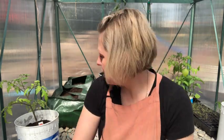I'm trying grow bags. I've seen these at nurseries, I've seen them online. I've never used them myself, but I got this one on sale for a really good price, and this one's large and has 3 different slots. I'm gonna go ahead and plant some of my bigger tomatoes, my bushier tomatoes in that container and see how